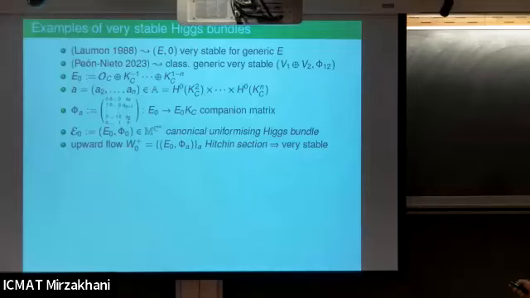And so that actually shows that the canonical uniformizing Higgs bundle is very stable. So on the top, we have a nice, very stable upward flow. So now we are going to do elementary modifications, the simplest kind of Hecke transformations. And so at the point C,